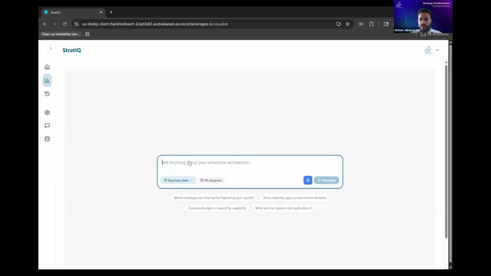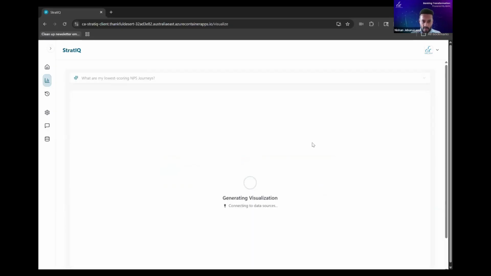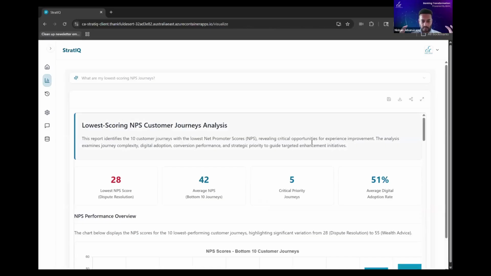So let's go back to our chief product officer and ask the question that is top of mind for them. I'll just paste that in here. So they are saying, what are my lowest scoring NPS journeys? Now, what this does, there's an AI agent that is interpreting the question. It is connected to this graph model that we have at Enterprise. And based on the context it's picking up from the question, it's able to query the graph and work out,